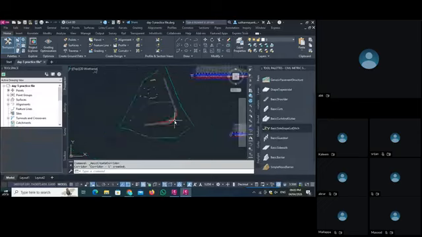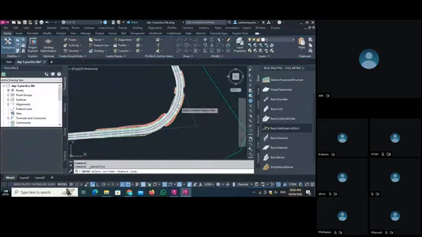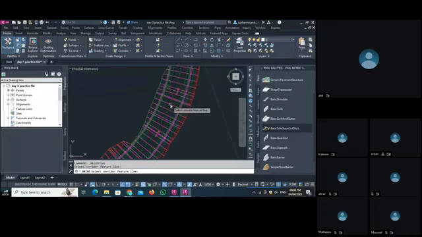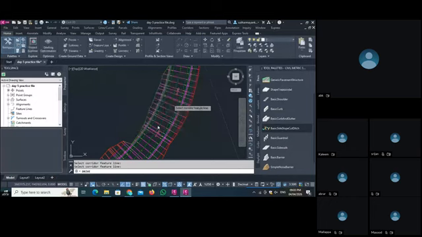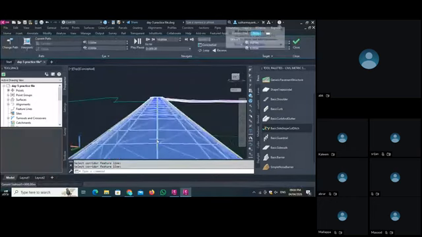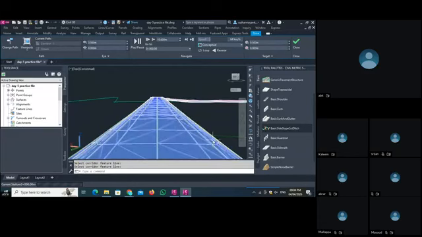link. Okay, so now I select my corridor and again I go for the drive. I have to select our feature line as the center line of this alignment, and then I have to select from where you want to see your road. So I always see from the crown. Set OK. As I set OK, now you see this is our lane. This is our center line. This is our shoulders. Here you can see the curve, and at last